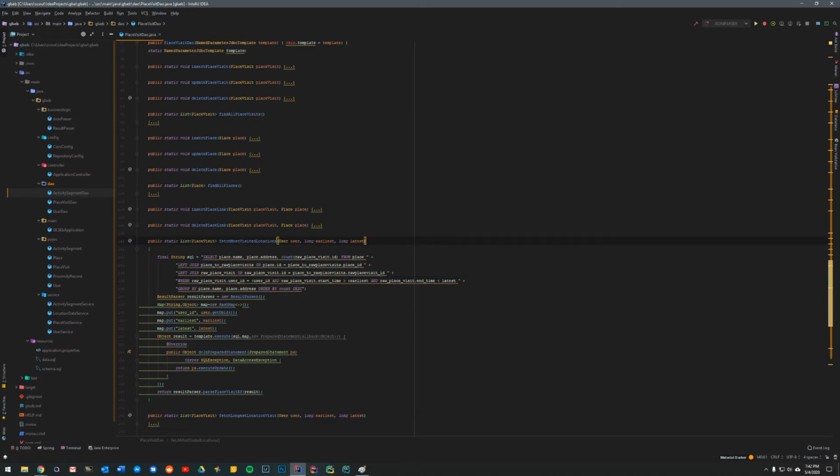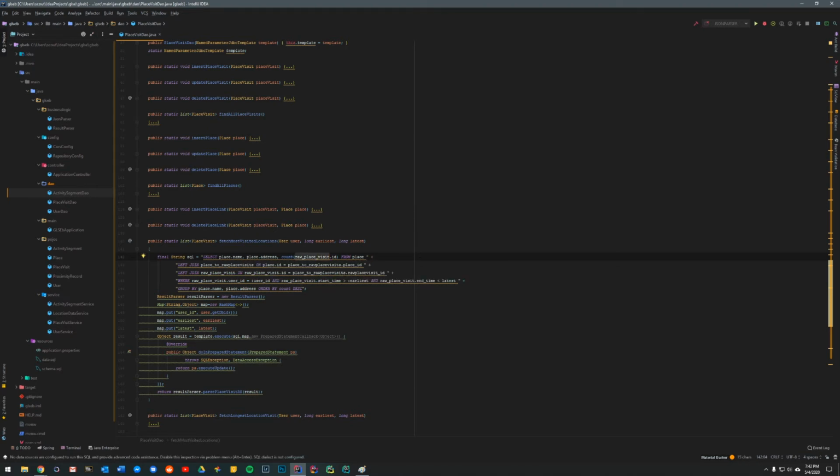The UI only displays 5, but this query returns all of them, and we flesh that out later. So we want to select the place name, address, and then the count of the raw place visit ID. We really just care about the name and the address. You want to know the place that you visited most, and then of course we want to see occurrences, but